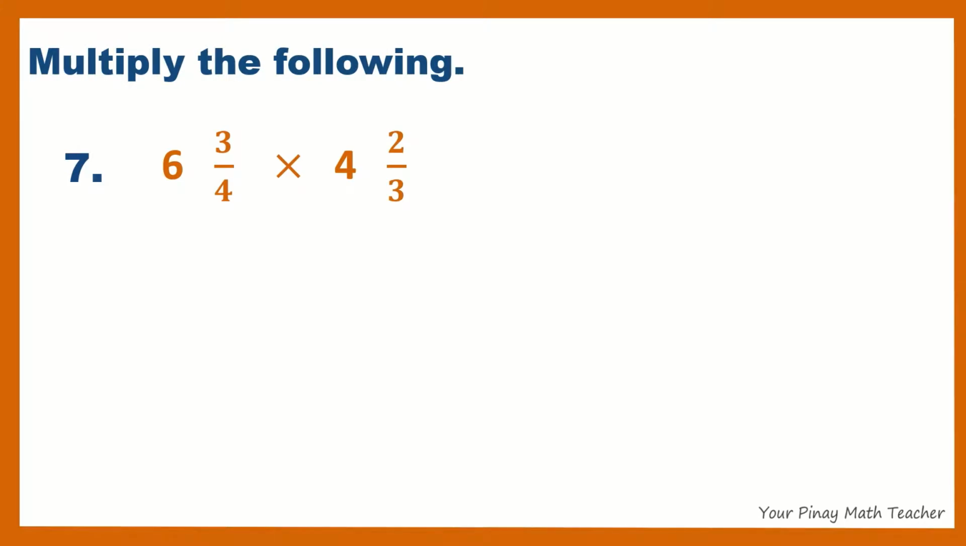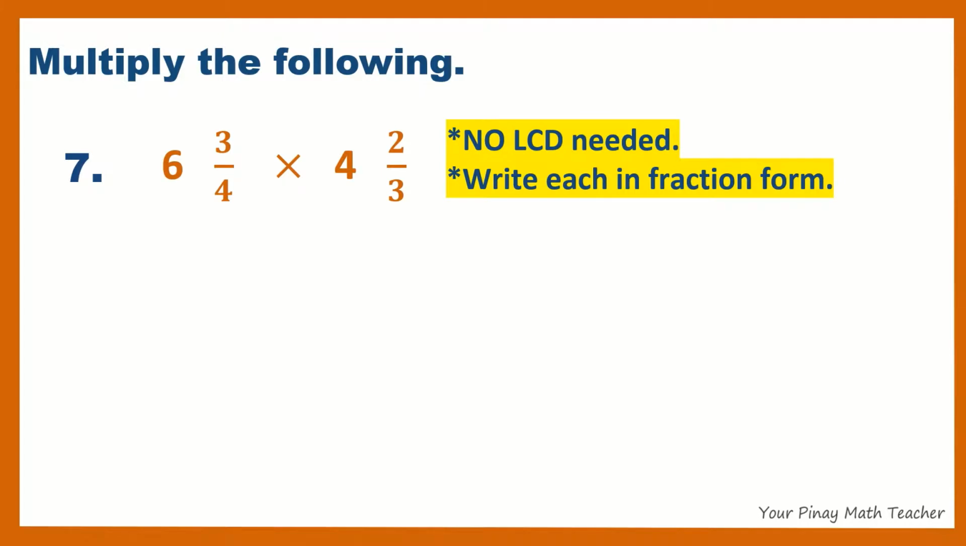Example 7. 6 and 3/4 times 4 and 2/3. Each mixed number should be written in fraction form. 6 and 3/4 becomes 27/4, and 4 and 2/3 becomes 14/3. Using method 1, 27 and 14 must be multiplied. So we get